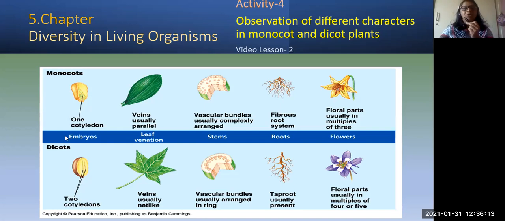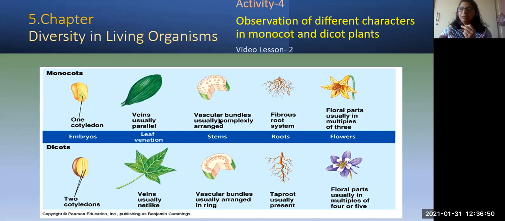Now we can see here monocots and dicots. One cotyledon, then two cotyledons, isn't it? Just go through this one properly, then you can understand. Veins usually parallel. This is parallel venation. Here veins usually net-like: in the main, this is called the main rib or midrib, and from there branches. So it seems like a net. And again, this will go through other branches. So it is called reticulate venation: parallel venation and reticulate venation.